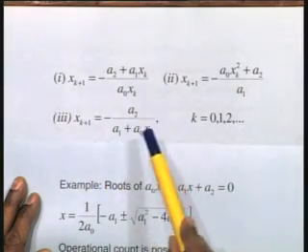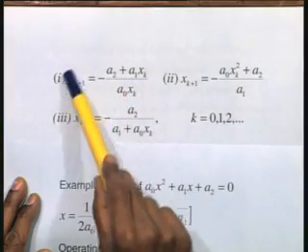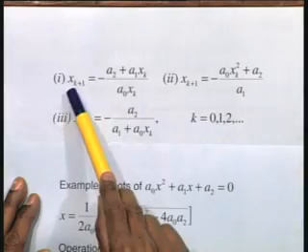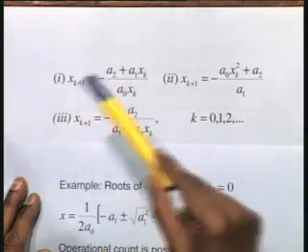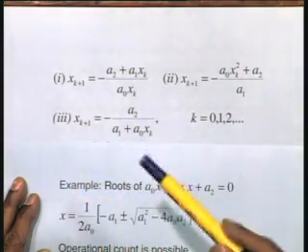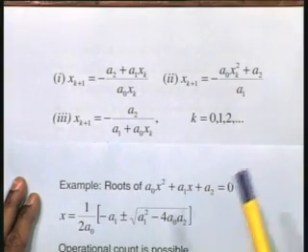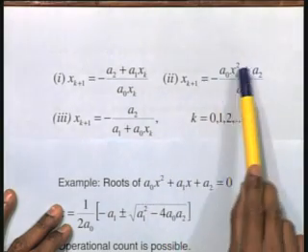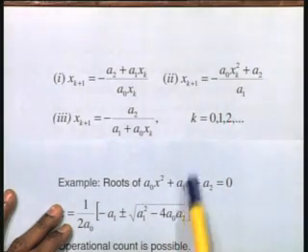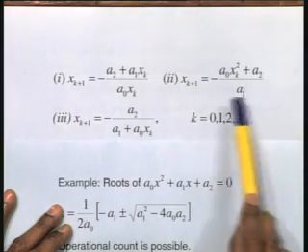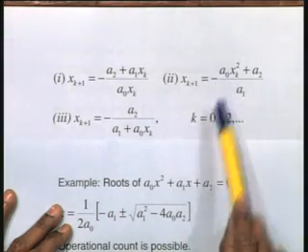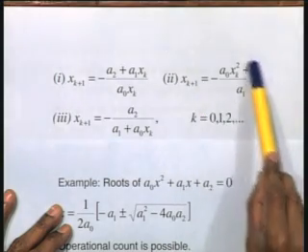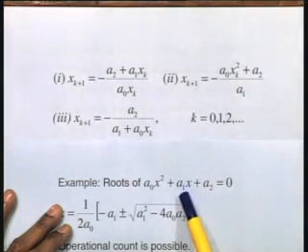Whether it is going to converge or diverge, we are going to see later on. But this is an iteration formula. Starting with an initial approximation x0, I can find x1, substitute it here, and iteratively I can get the sequence of approximations x0, x1, x2, x3 and so on. Alternatively I can write another formula, in which I have retained the middle term on the left hand side and taken the first and third terms to the right hand side, so that I can divide by a1 and write xk plus 1 is minus a naught xk square plus a2 divided by a1. This is also another iterative formula that we can construct.